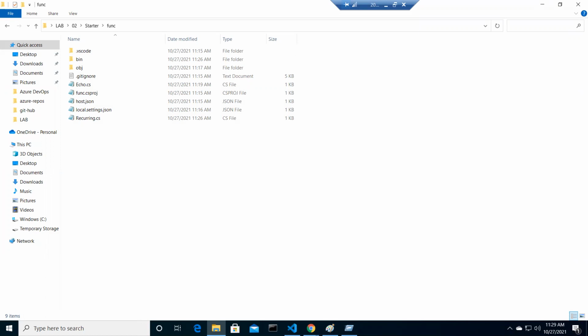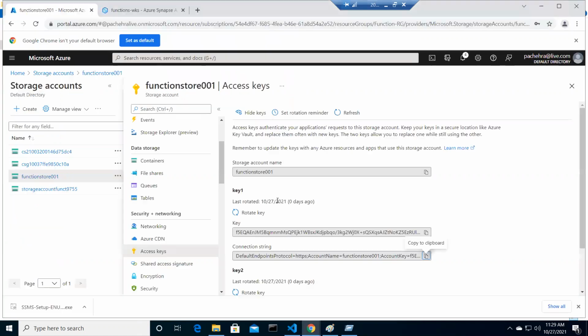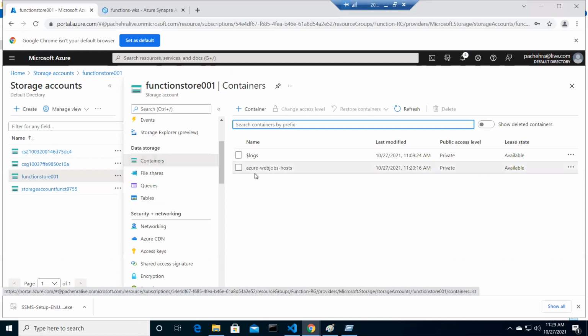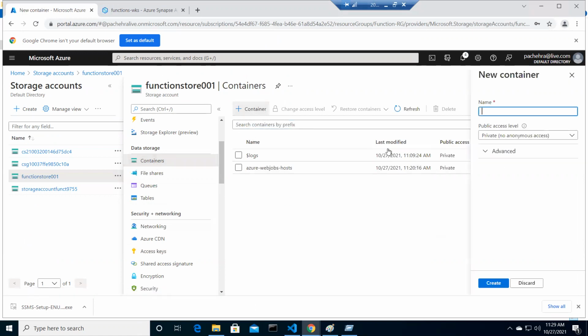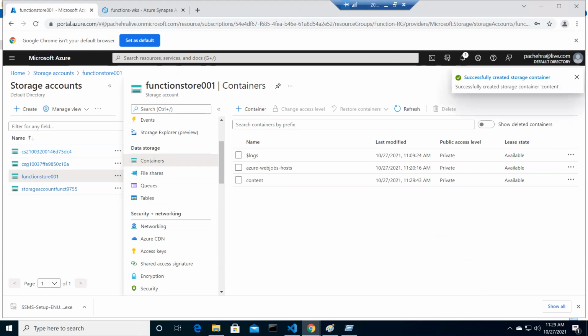Okay, and how we are gonna do that. So to perform that, what we need to do, we first need to create a container in our storage account. Let me create the container and call it content. Okay. And then click on create. Now, once it is created,